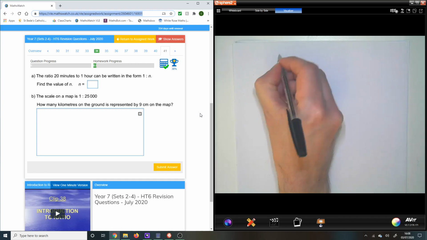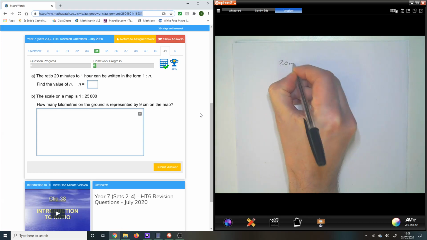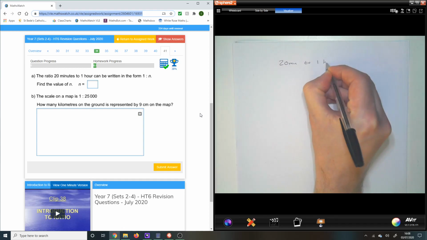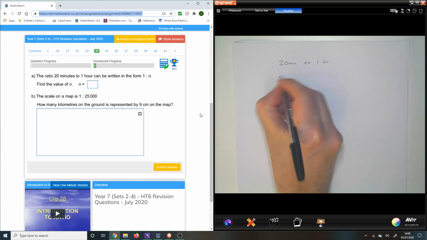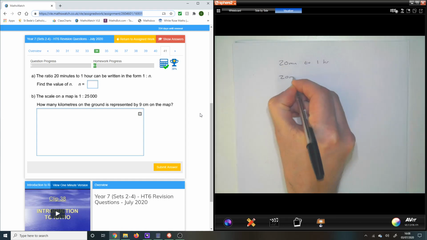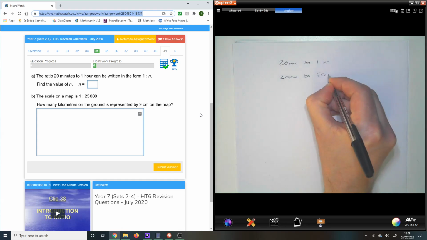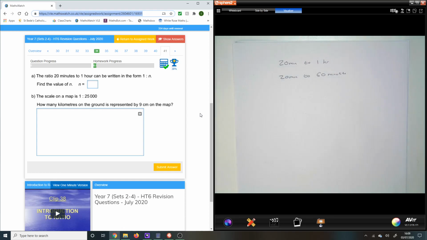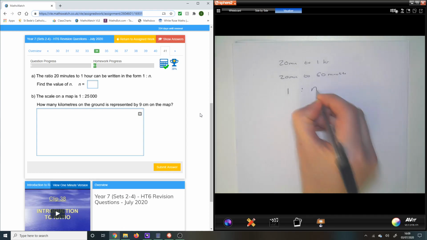So if we're saying 20 minutes to 1 hour, well, there are 60 minutes in an hour, so that's going to be the same as 20 minutes to 60 minutes. And if it's saying it can be written in the ratio of 1 to n, and you want to know what that is,